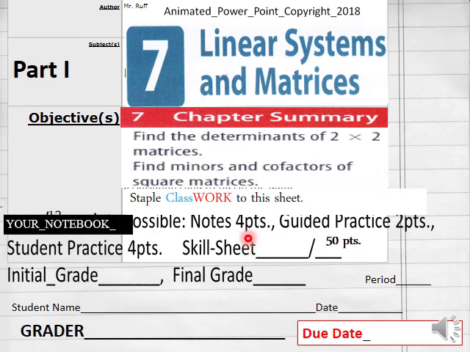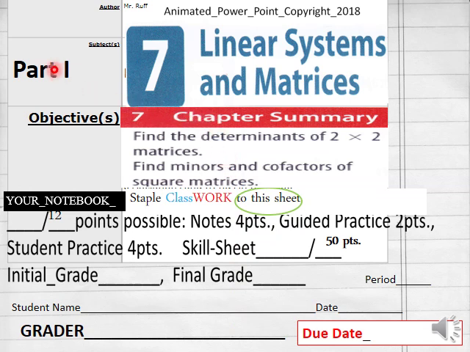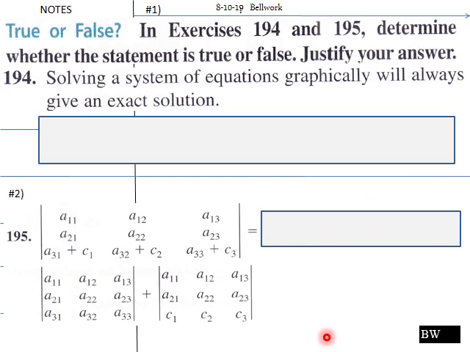And for today's lesson, part 1, chapter 7 summary, you got 12 points here to go into your notebook guide. You got 50 points here that will go on to your classwork sheet. Students, please put your name and date. If you're in my classroom, put your period. If you're online, put your due date in here. And then page